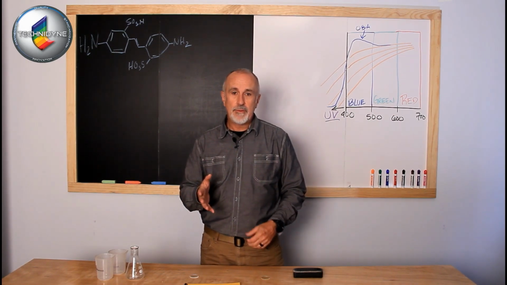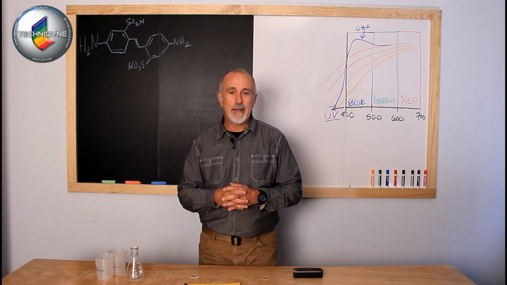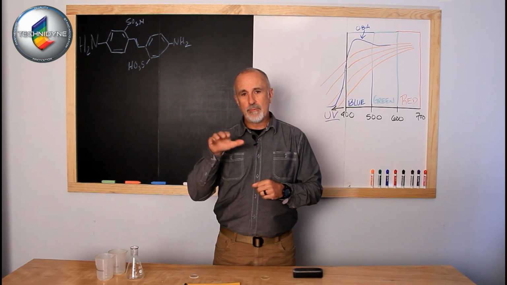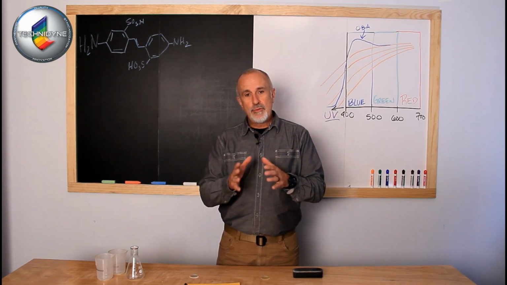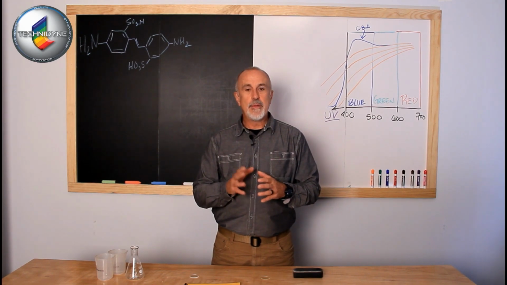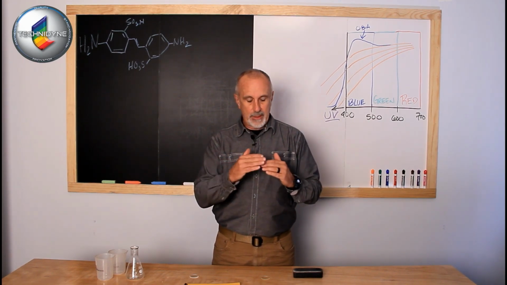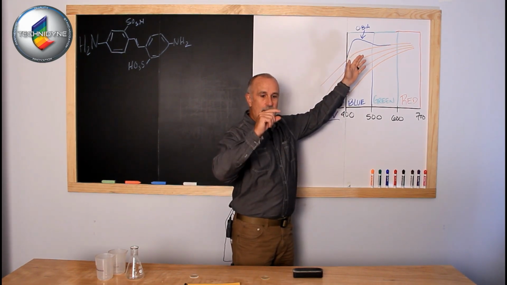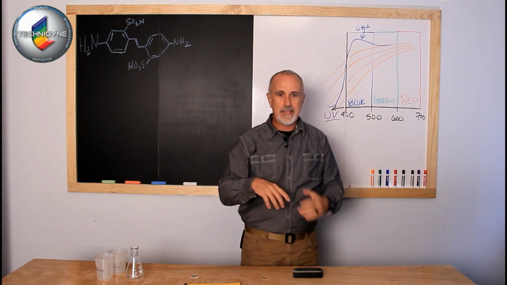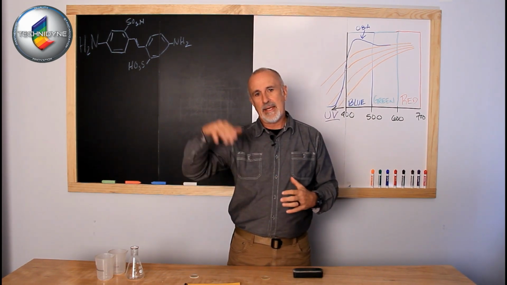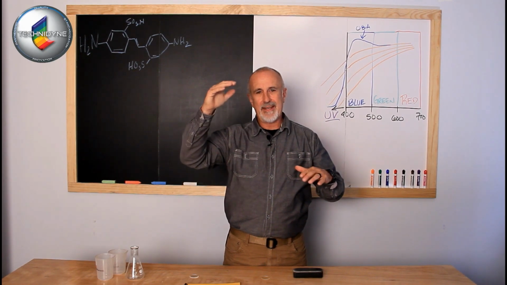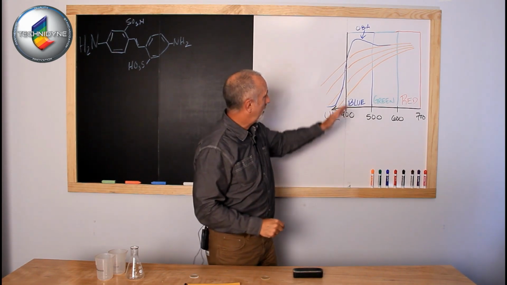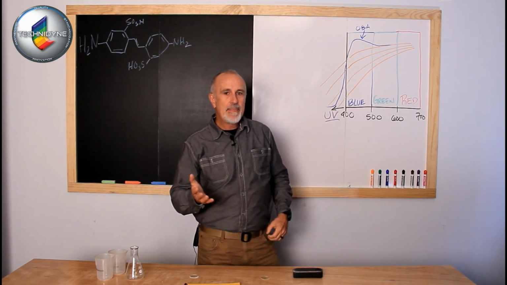One of the problems that you'll get into, and again, when we talk more specifically in the color presentation in relationship to optical brighteners, we'll dive a little bit deeper into this, but as you dose an optical brightener, the law of diminishing returns kicks in. So I could put in a little bit and get a nice bump. I can put a little bit more and I'll get a bump, but that bump will start to decrease in value. So I might put in X and I get X in return. I might put in X plus, but I get X plus a little bit less in return, and the more I put in, the less movement I get up here on the peak side of things, until at some point